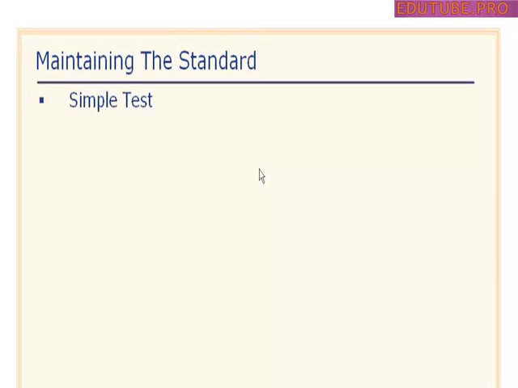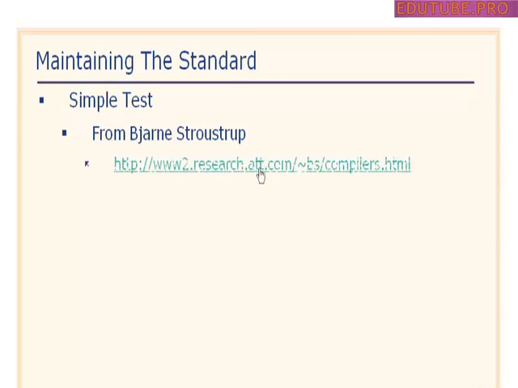Well, how do we know that? There's a very simple test that I wanted to throw into the course here that you can use, and this is from, and watch this name here, Bjarne Stroustrup. Okay, now that is the Tennessee pronunciation of a name that's obviously not from around here anywhere. Okay, and you can go out on the internet and you can actually find interviews with Bjarne, and he actually developed C++. And so his idea of a simple test to see if you're writing just standard straight C++ code